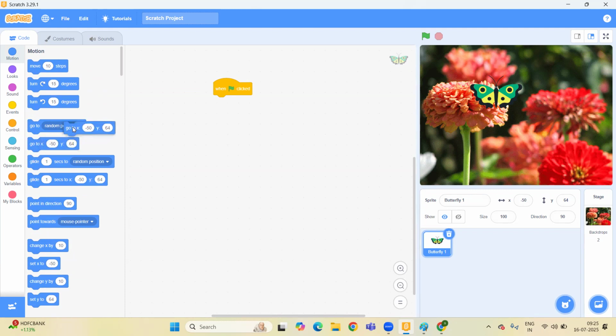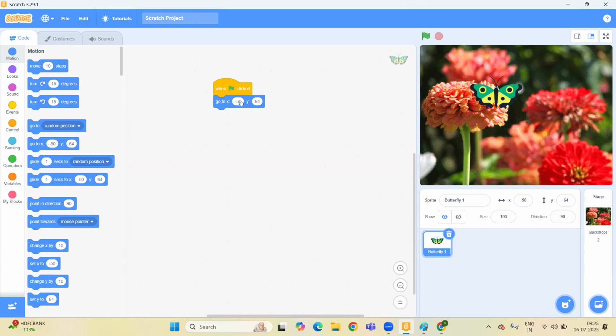So what is the way to pick this one? Just click on that. After that, you need to hold it, drag it and drop it under the when flag clicked. And now you can see the points are -50 and 64. The X coordinate point is -50 and the Y coordinate point is 64.